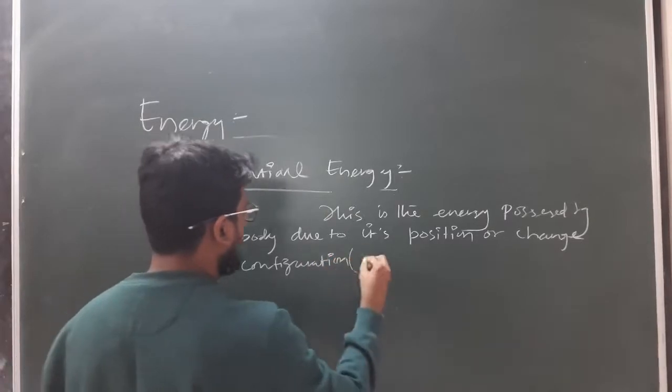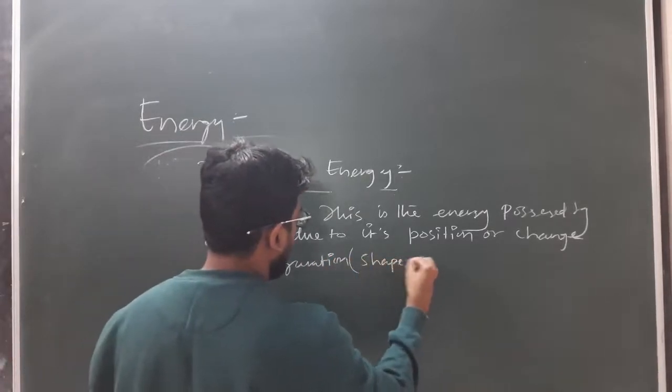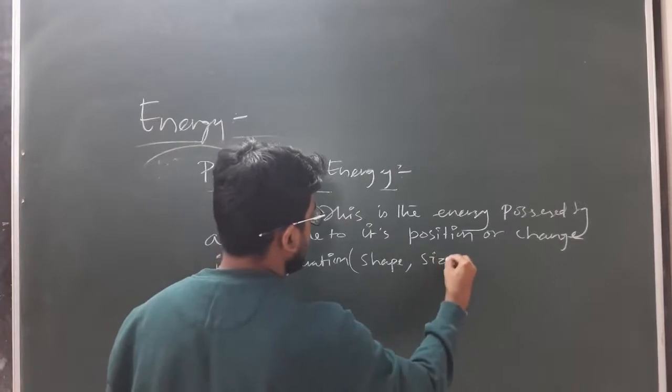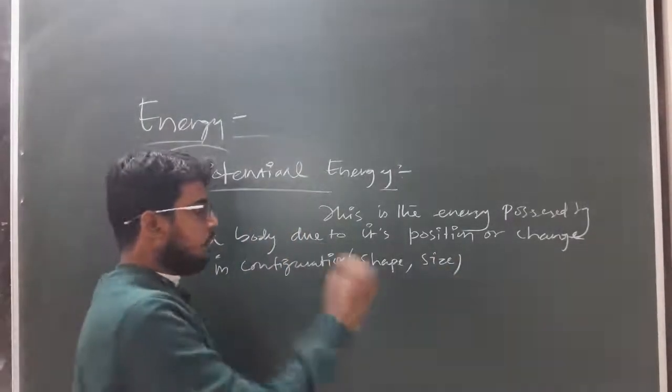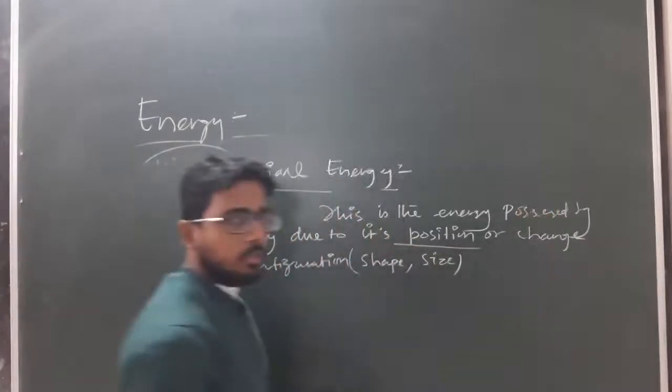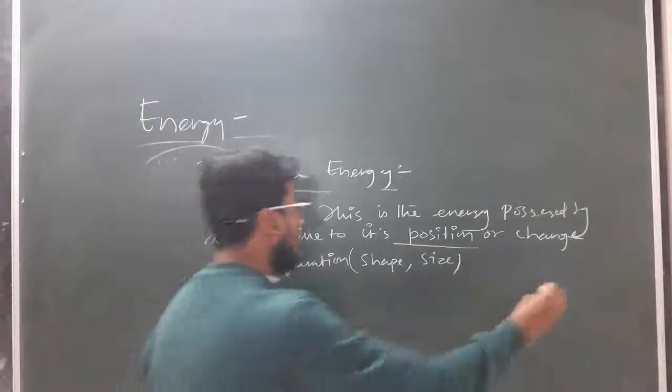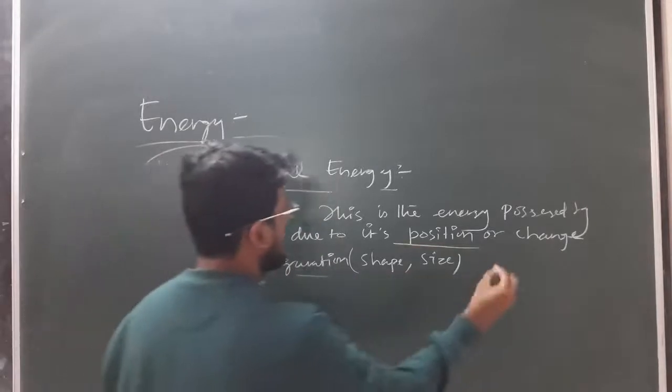Okay, configuration means shape, size. Okay, if the energy possessed by a body due to its position with respect to a certain reference point or due to change in its configuration, that means due to change in